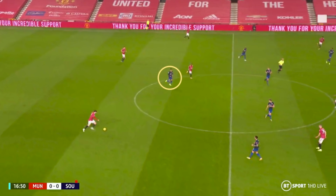They simply needed to switch the ball from one centre-back to the other and allow them to carry the ball forward into the space where the second forward would have been in the frontline press had Southampton still had 11